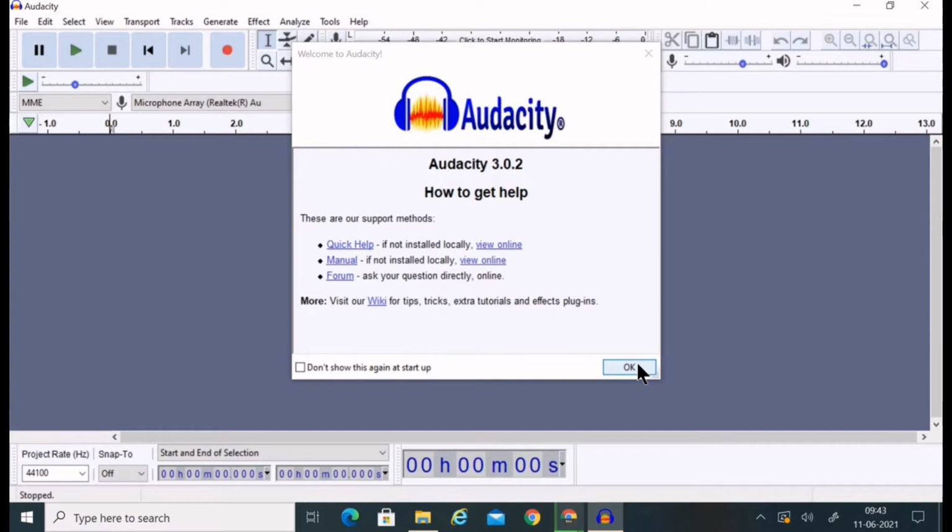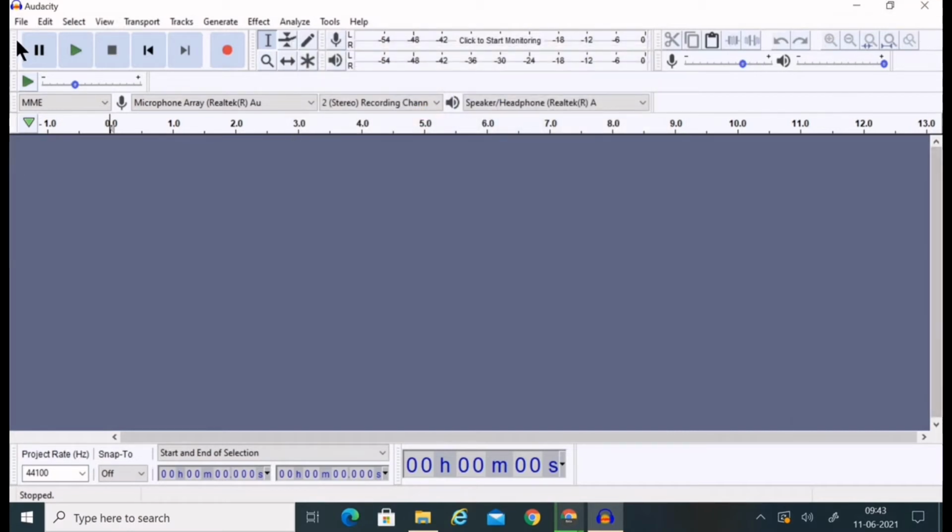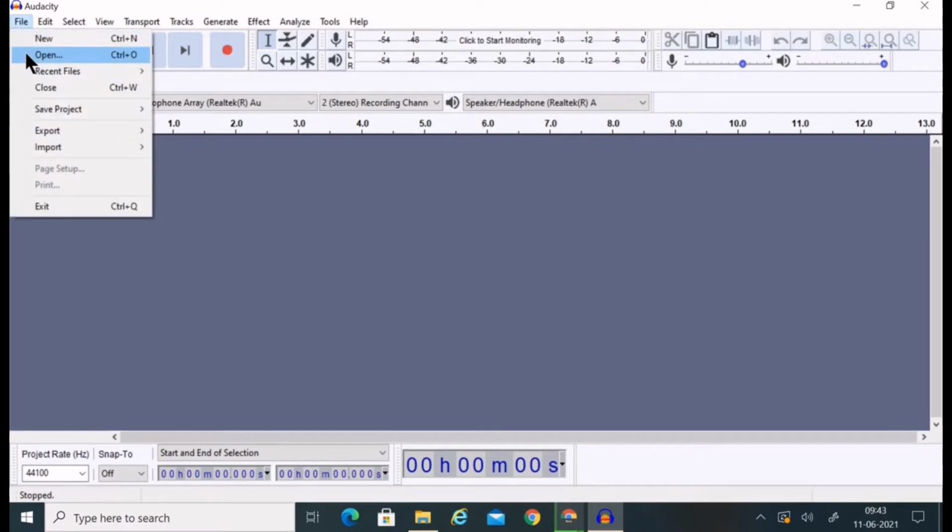So this is the interface of the Audacity. I'll explain you in detail. Now what we are gonna do is, first we have to insert that audio into Audacity. For that, what we shall do is, there are two methods. File, open.